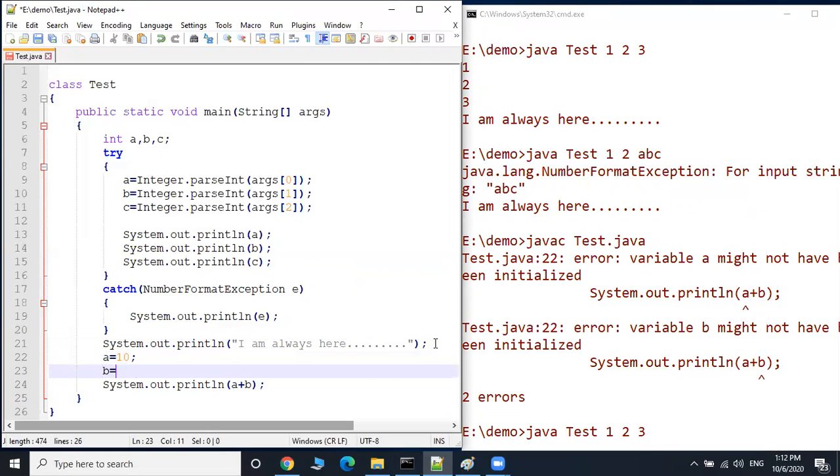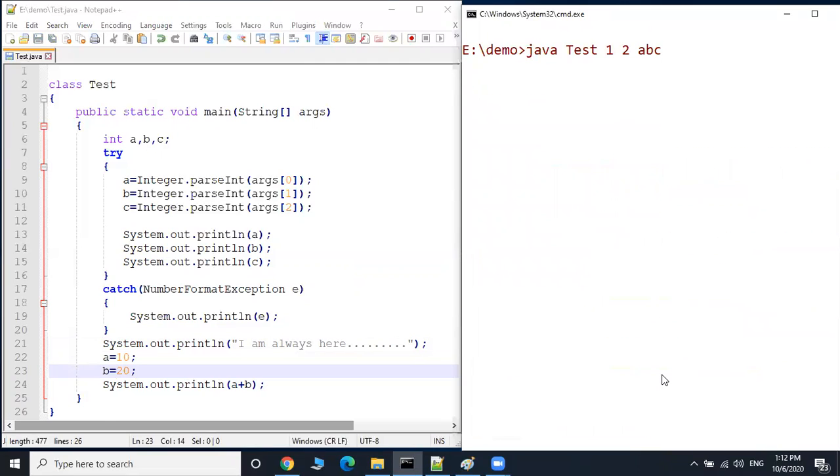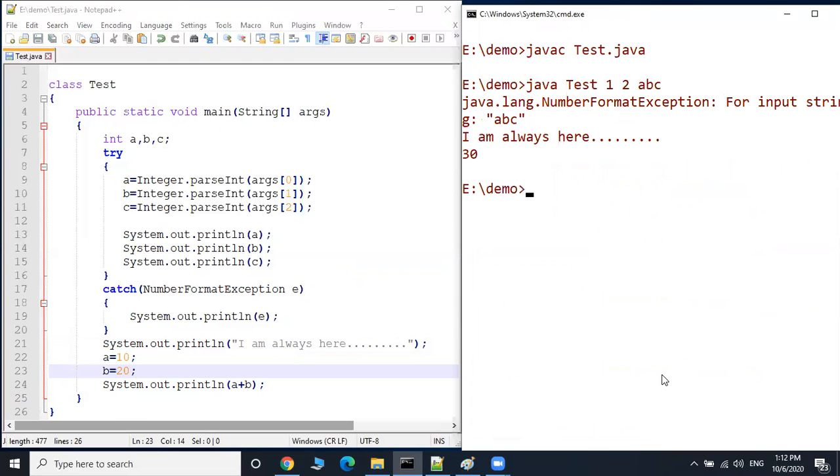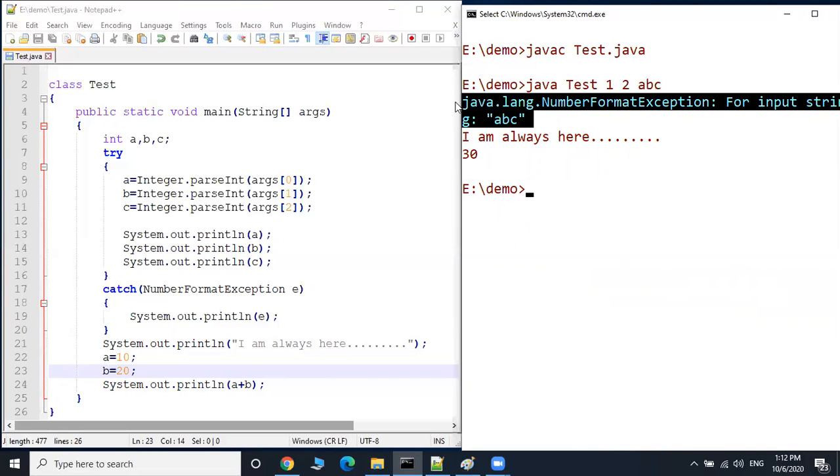So you can initialize the values of a and b globally, so that you can perform some operations on a and b. So a is equal to 10, b is equal to 20, and 10 plus 20, 30, will be printed here after an exception is raised.